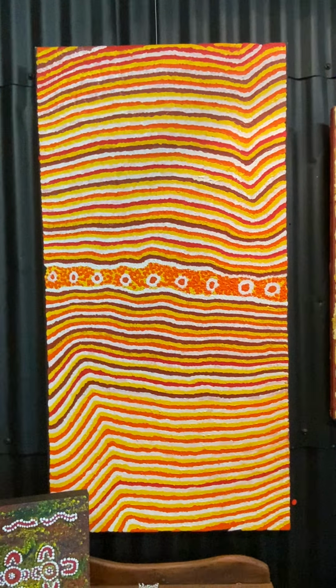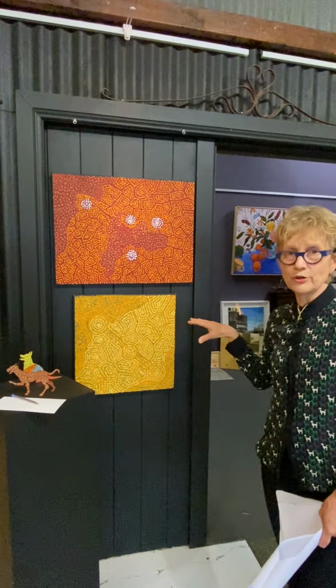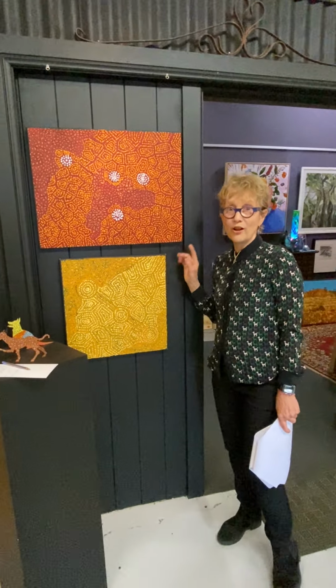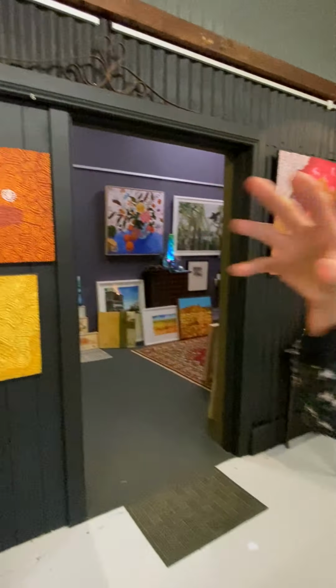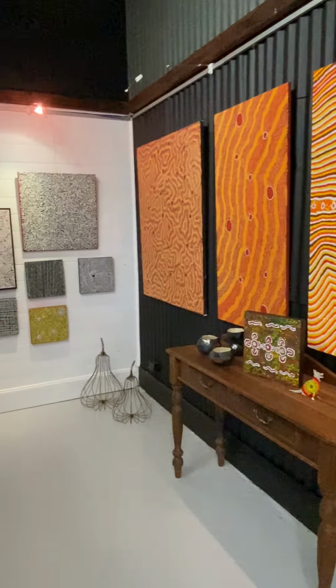I hope I've pronounced that correctly. He's from the Uendamu area, a young artist, but I have brought in a few pieces of his art recently, and they sell very quickly. Really, really lovely work. So as you can see, this side of the gallery is more about the ochres and the sand and the black and white,